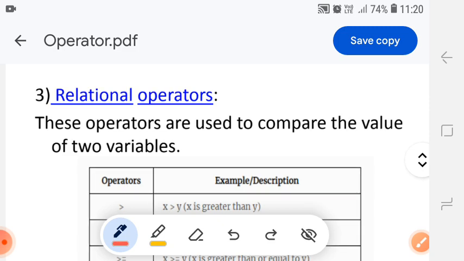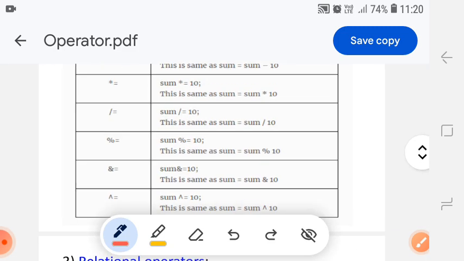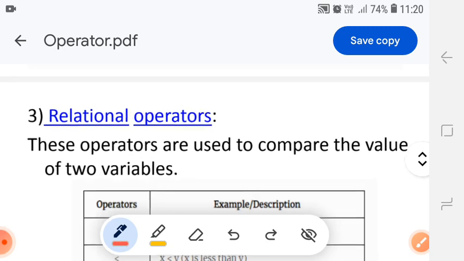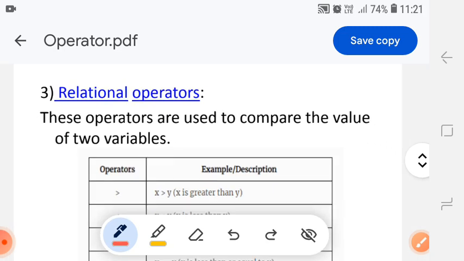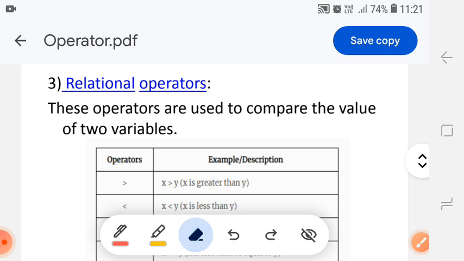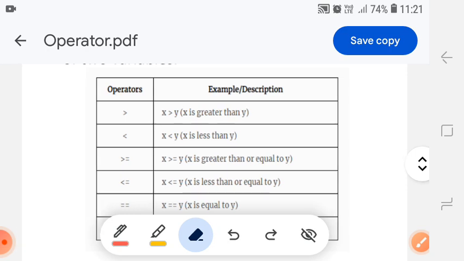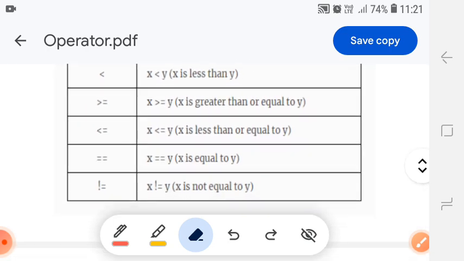Relational operator. These were a few of the assignment operators like I discussed above, and then we are moving on to relational operator. These operators are used to compare the value of two variables, the relation between two variables. We'll get into examples like the greater than sign, the less than sign. These can all be performed in C. Similarly, using these signs: greater than, less than, greater than or equal to, less than or equal to, and equal to equal to. Okay,